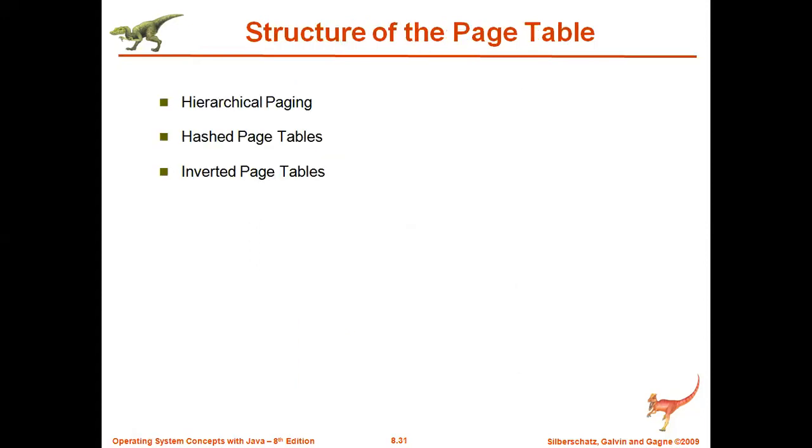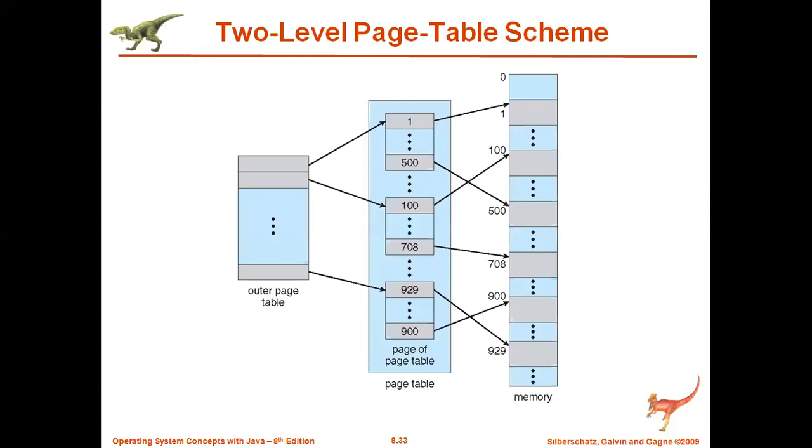Then coming to the structure of the page table. This is one sample of how we can do multi-level paging, because as I said, each process will have its own page table. If you have hundreds or thousands of page tables, maintaining them will become a trouble for the operating system. In that case, what will the operating system do? It will make a two-level page table, that is, it will maintain one outer page table.